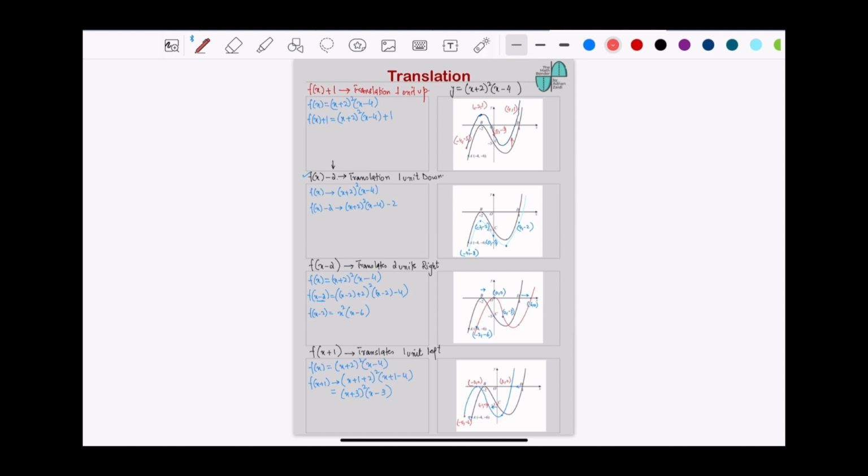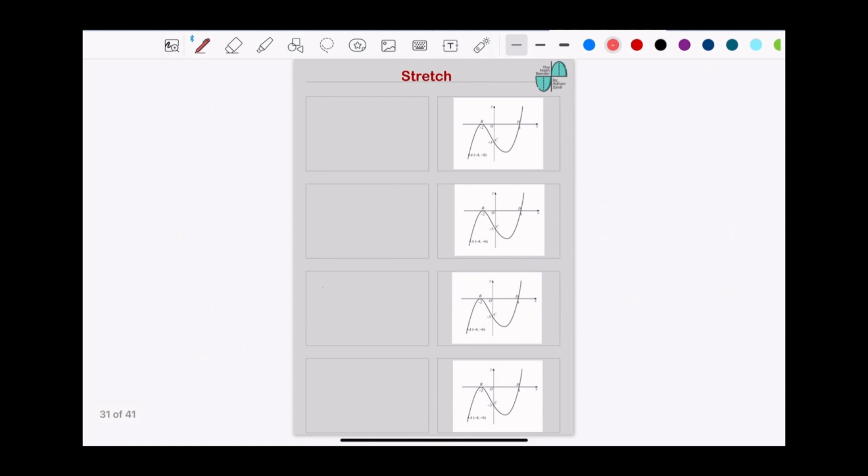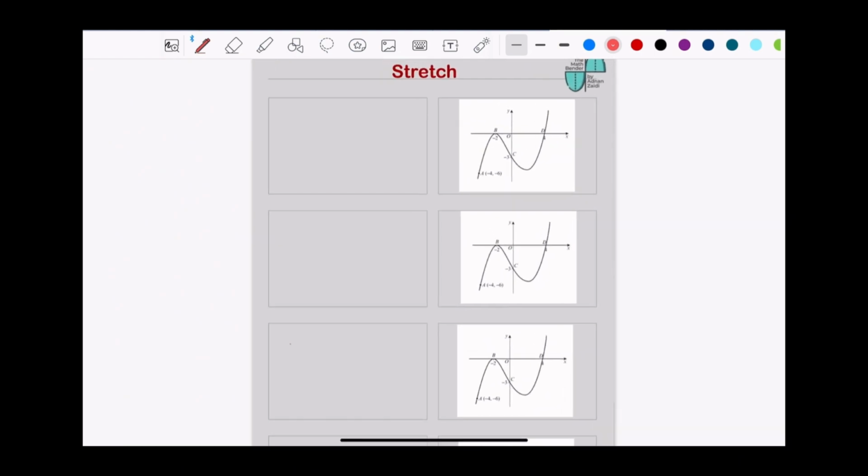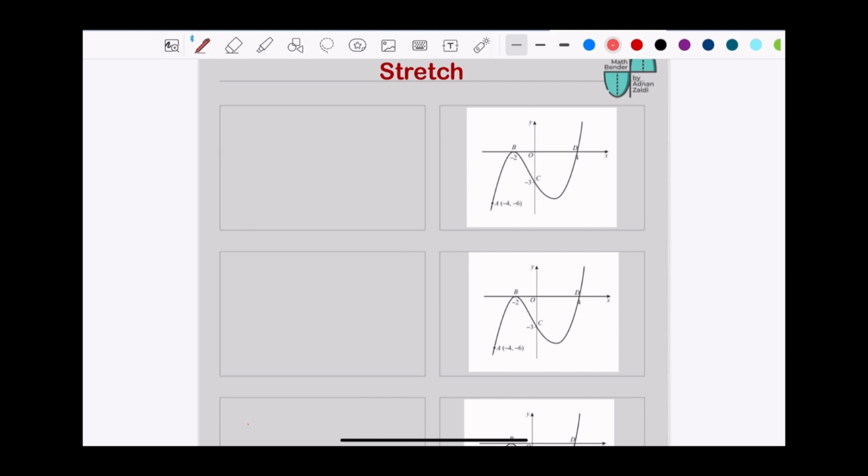So let's see some more transformations. Stretch means an object is stretched either vertically, horizontally, or both ways. We'll talk separately about each one of them. When a stretch is happening, there is to be a scale factor involved. So for example, if I say 2 times f of x, now this means that